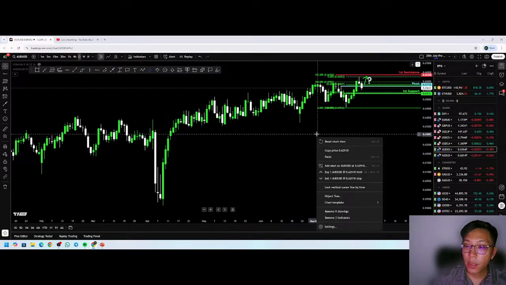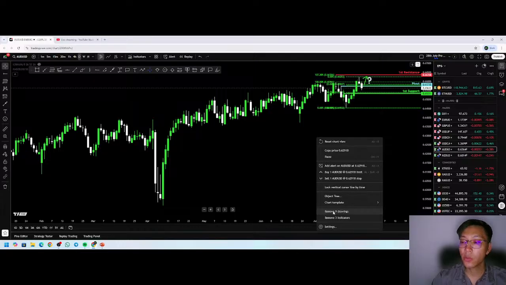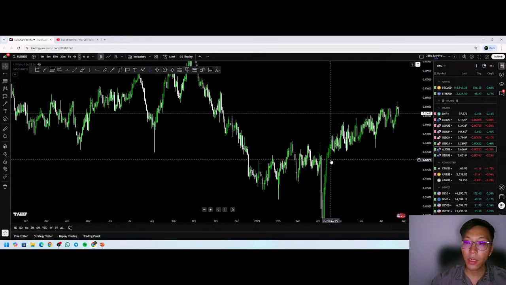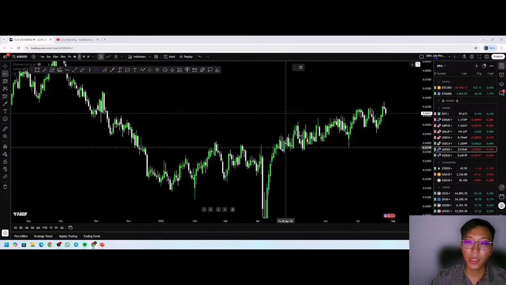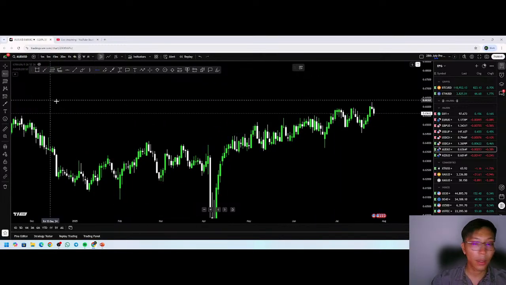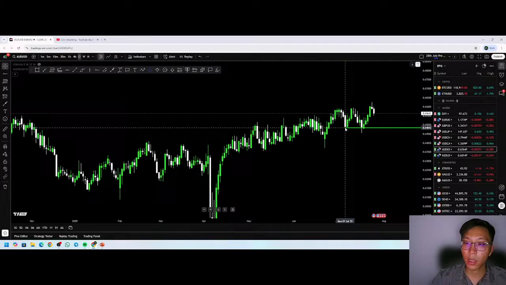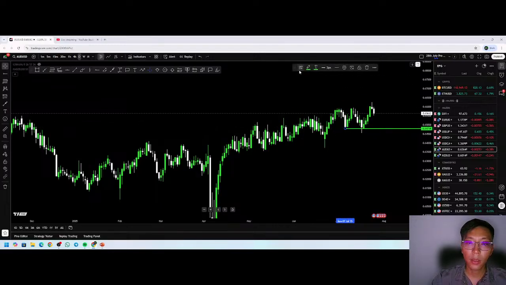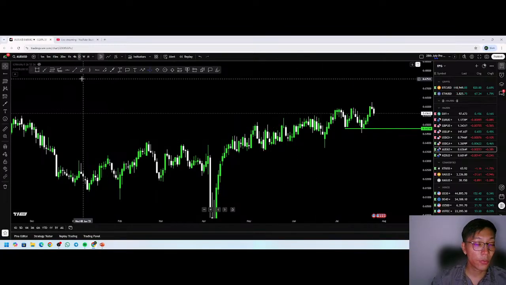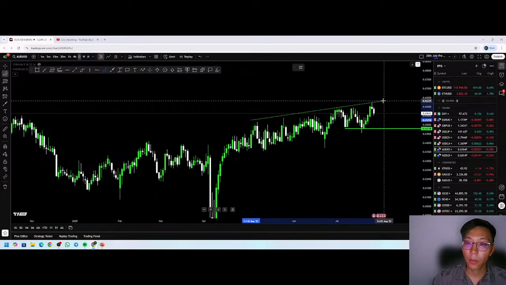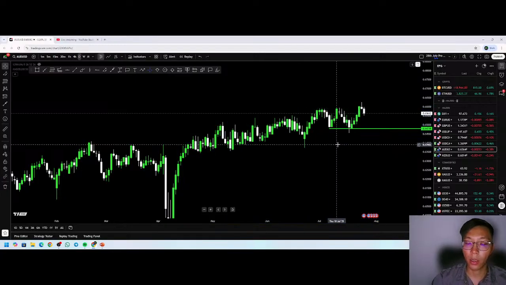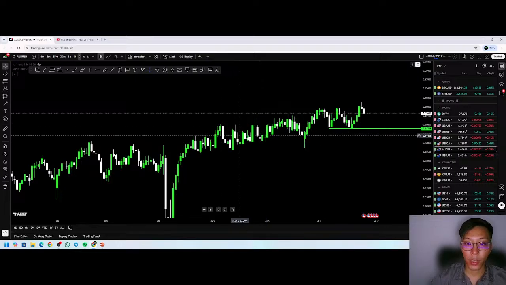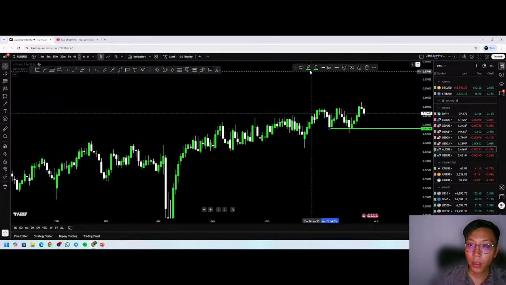All right, then let's cover the last two majors before we move on to the commodities. All right, so for AUD USD, it has been trading within this area, right? I don't really like AUD USD that much because it doesn't really have a lot of movements. But if you have been trading within this bullish channel all the way, I think you would have made quite a sum of money because price has been trading within this bullish channel. Okay, so let's see,